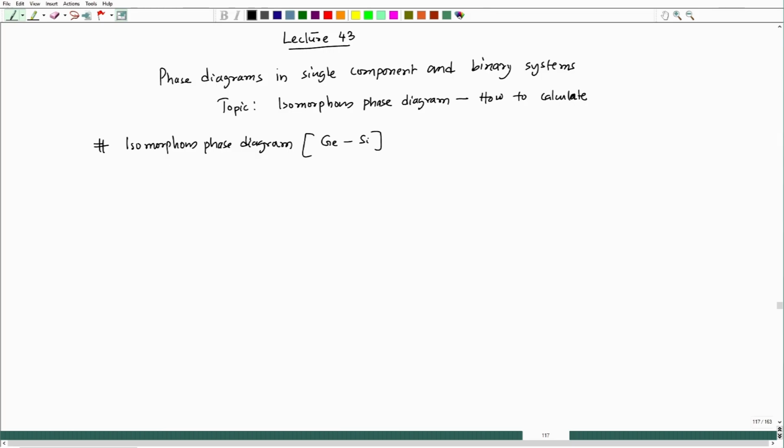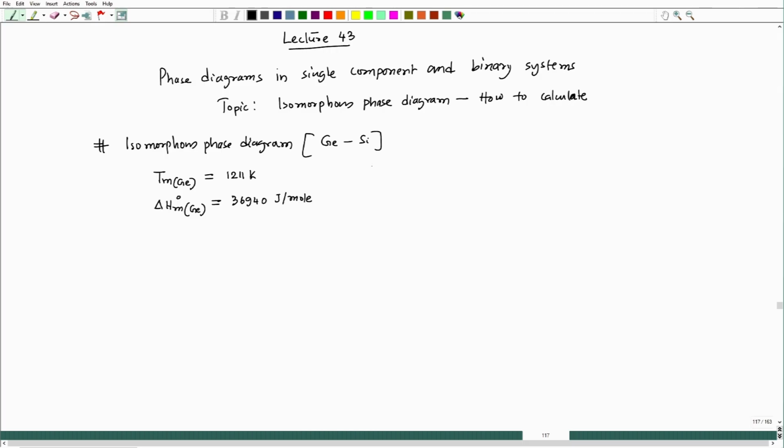For that we need Tm germanium, which is around 1211 Kelvin. Everything should be taken, the temperature should be taken in Kelvin, please understand that. Now, delta H m naught germanium is equal to 36,940 joule per mole,